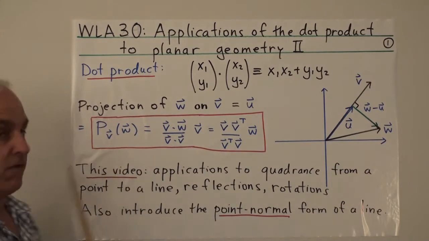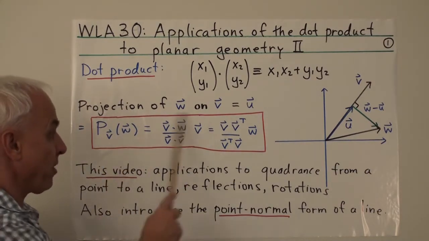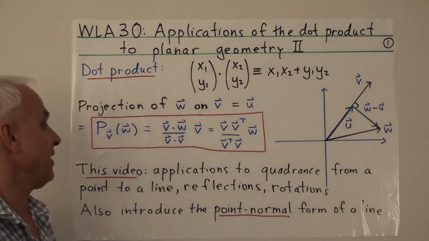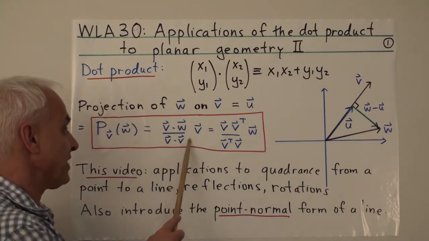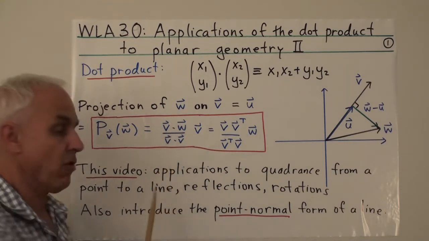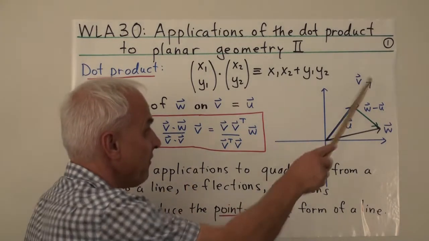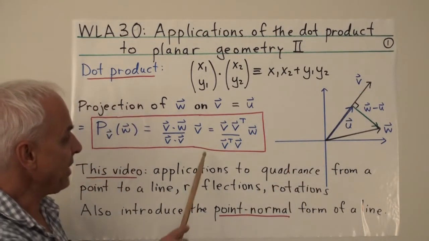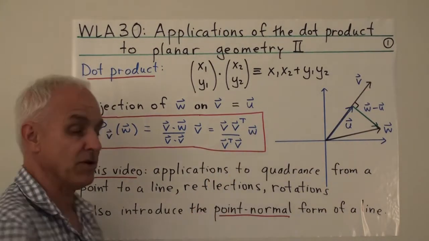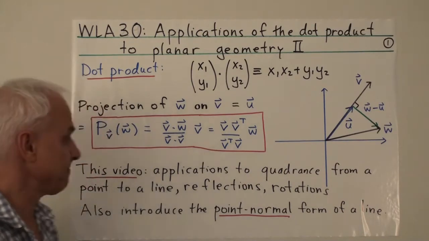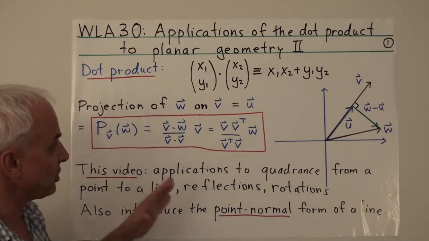And here's our notation for that, the projection onto v of w. And here's the formula for it that we defined last time. v dot w over v dot v, so that's a number, a ratio of 2 dot products, times the vector v, so it's a multiple of the vector v. And here's another formula for it in the language of matrices, where we're thinking of this vector as actually being a matrix.